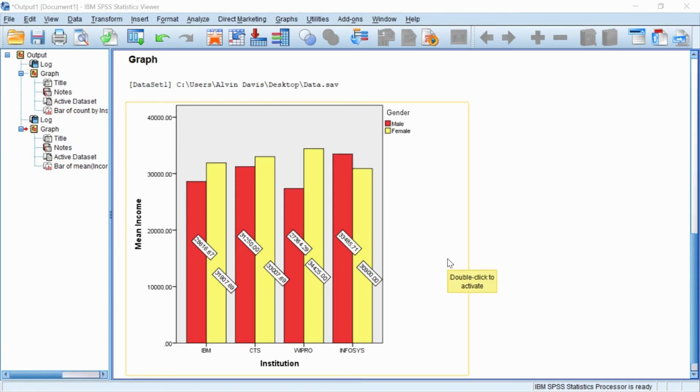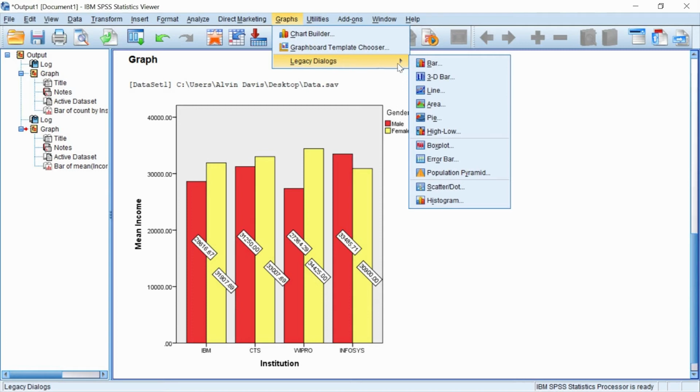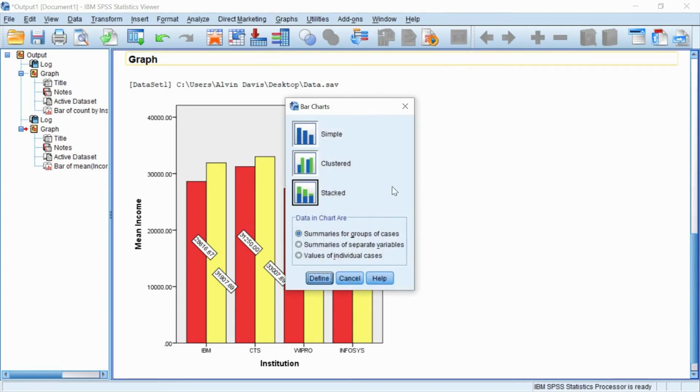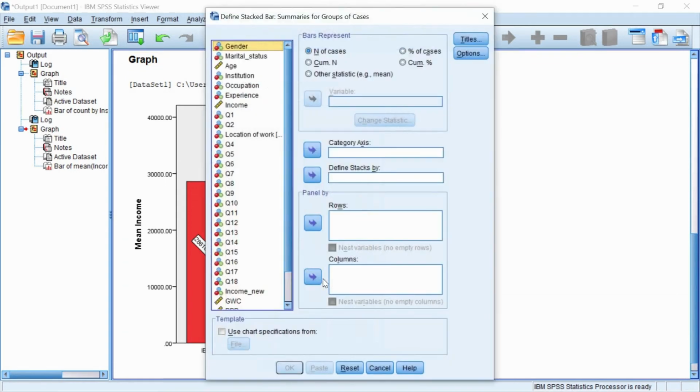Next I construct subdivided bar diagram or stacked bar diagram. Go to graphs, legacy dialogs, bar. Select stacked, then summaries for groups of cases. Click define. Here I am constructing bar for institution.